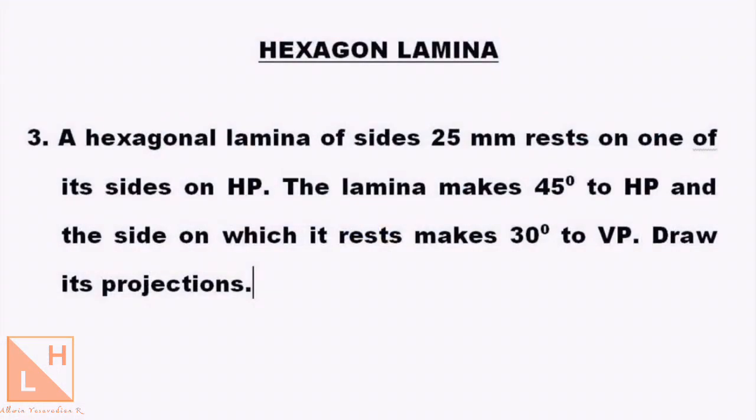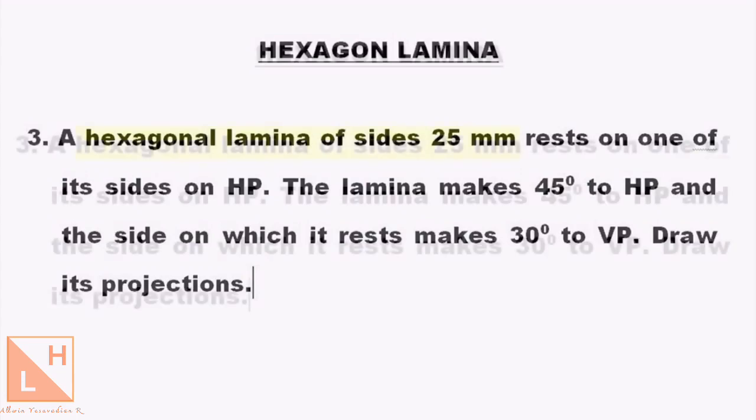Here we have the third question. A hexagon lamina of 25mm side rests on one of its sides on HP. The lamina makes 45° to HP and the side on which it rests makes 30° to VP. Draw its projections. So as we did in previous problems, let's list down the data and we'll proceed how to